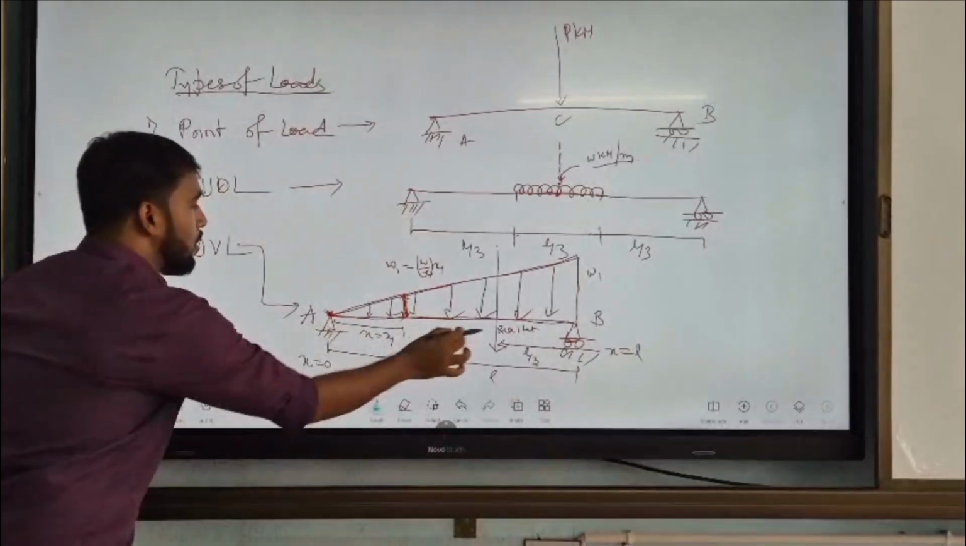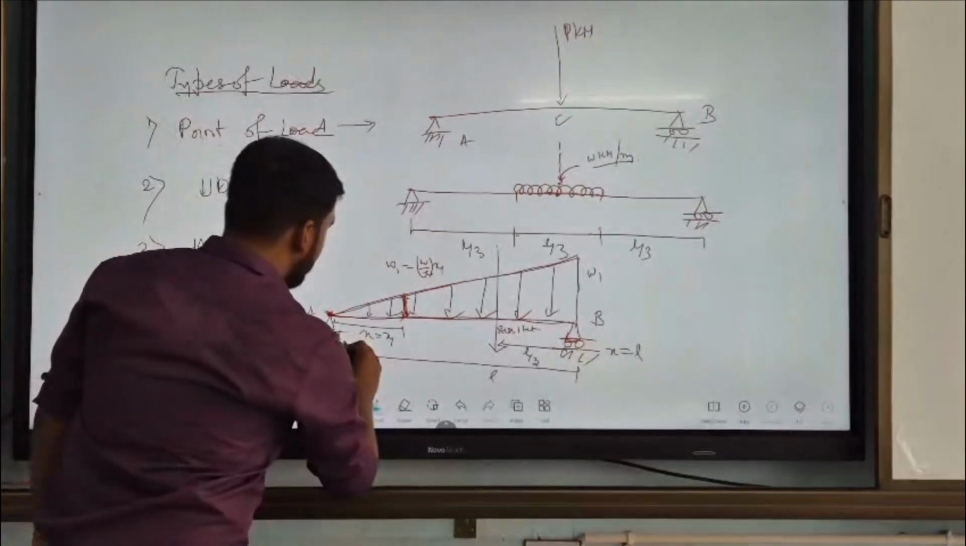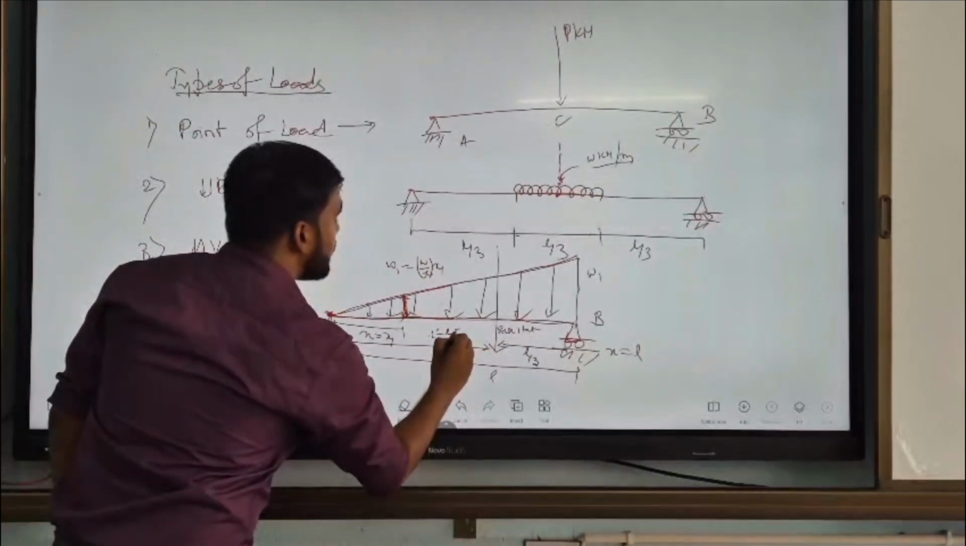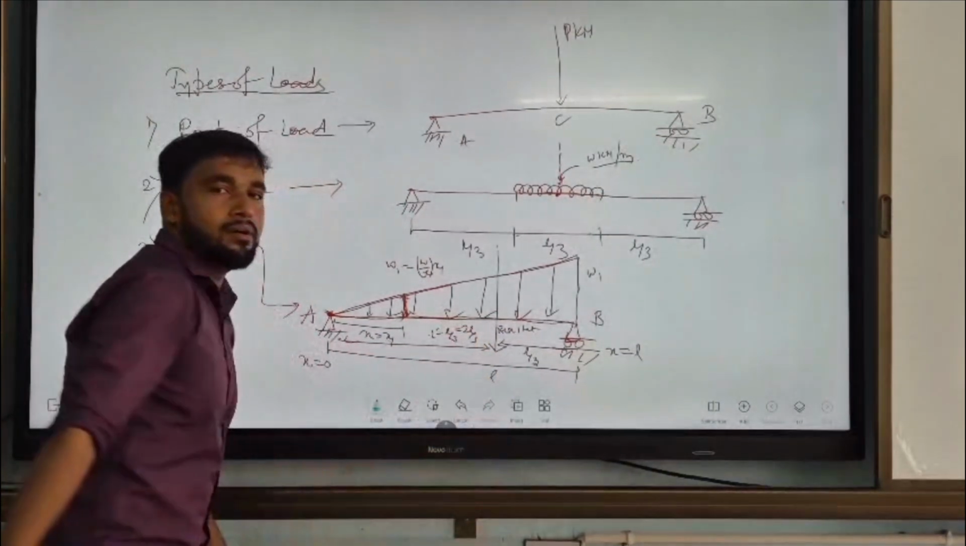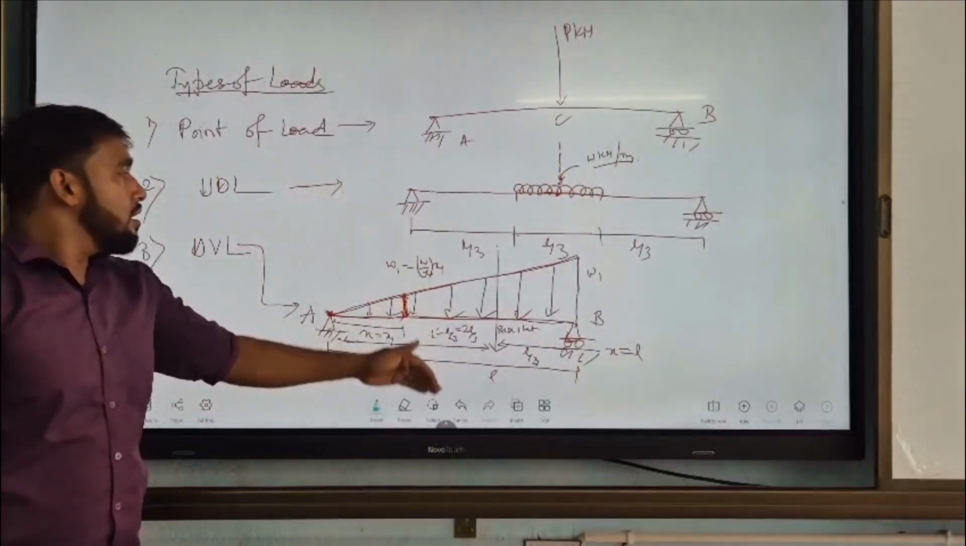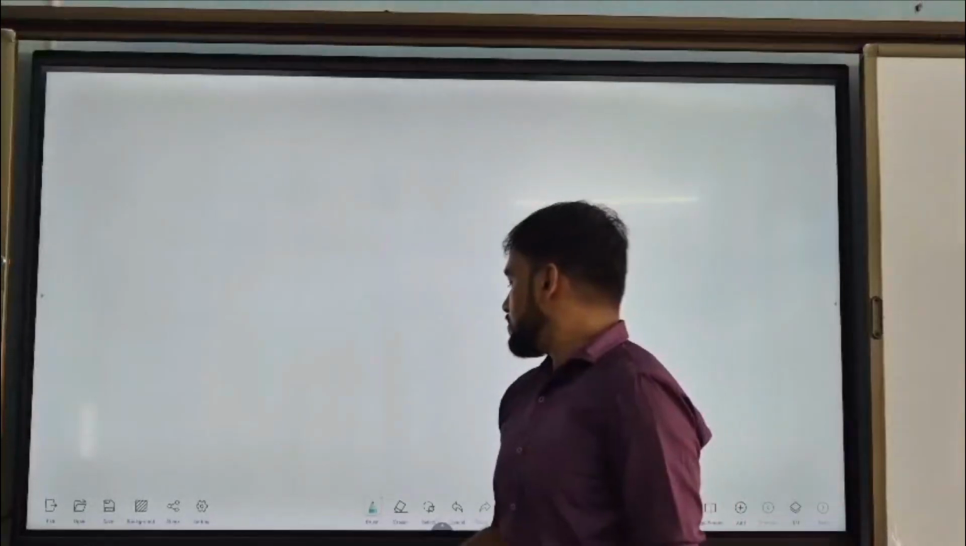Then 2L by 3 from A support. Okay? 2L by 3 from, actually L minus L by 3, 2L by 3 from A support. So I am just saying once again, always concentrate on the